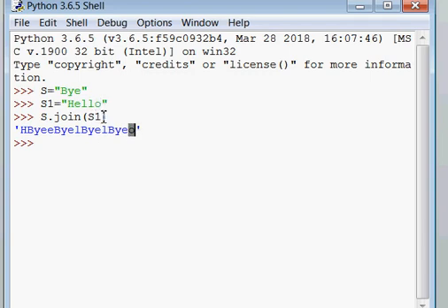Means s dot join is joining the two, means mixing the two given strings in such a way.